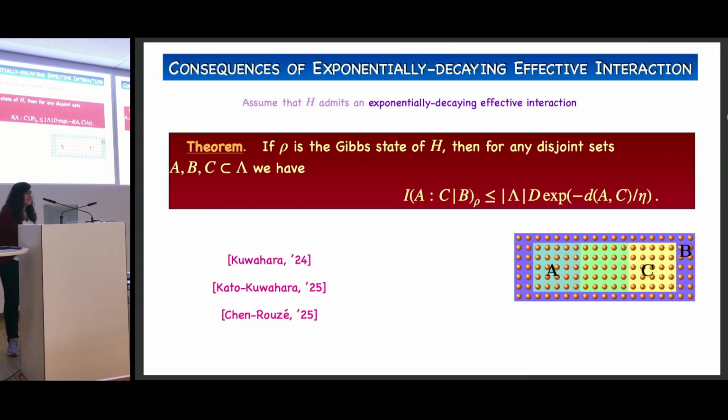Well, the first thing is that if we consider now the Gibbs state of a Hamiltonian, then for any three disjoint subsets, we have an exponential decay for the conditional mutual information. And if you have followed this whole field of decays of conditional mutual information in the past few years, there have been many people working on trying to provide results in this direction. Actually, you see a lot of very recent papers that go more or less in this direction. This result is slightly different.